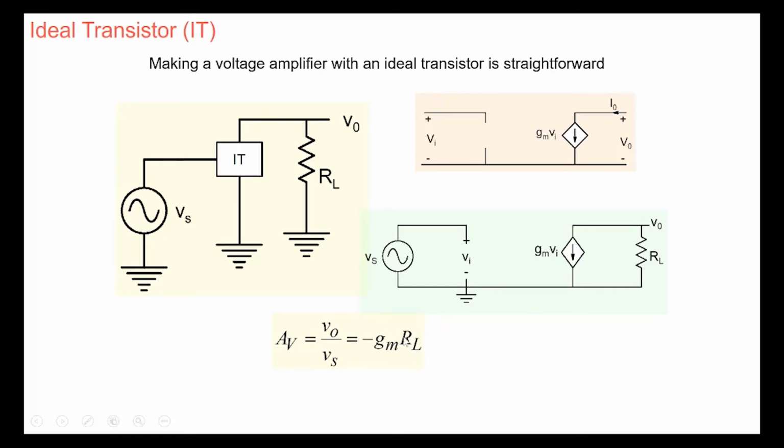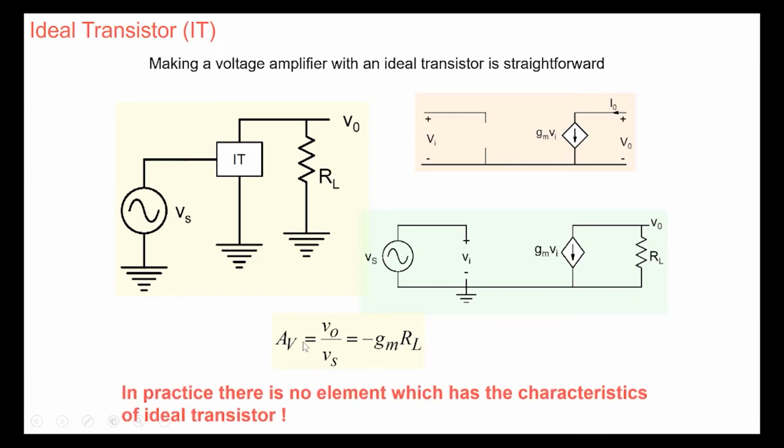And therefore, given a value of GM, all you need to do is connect a suitable value of RL, and you'll get a gain which is greater than 1. The only trouble is that there is no element which has this, that's why we are calling it ideal. There is no element which has this characteristics of an ideal transistor here. And so gradually let's introduce some non-idealities into our